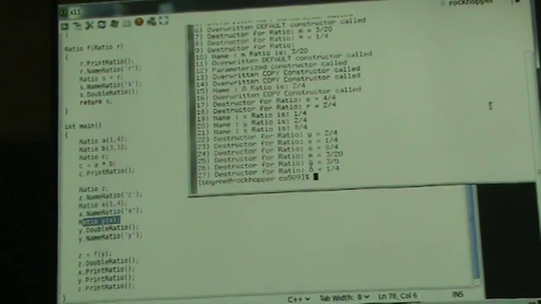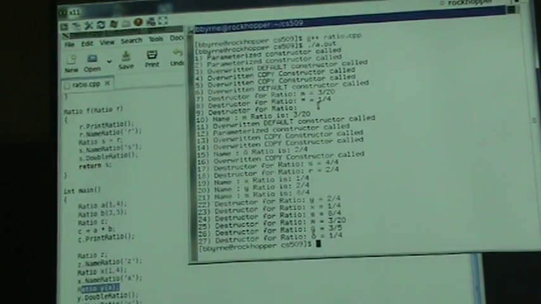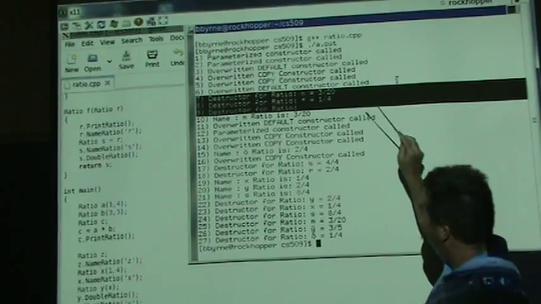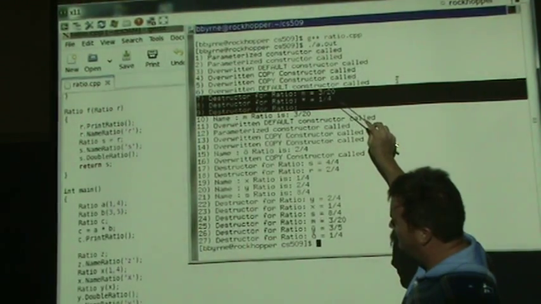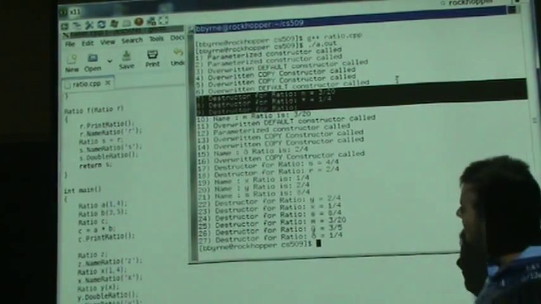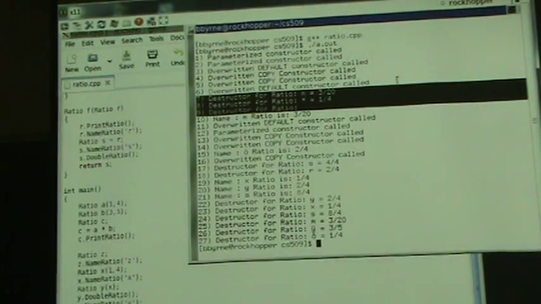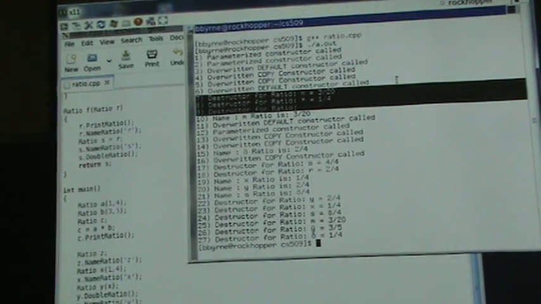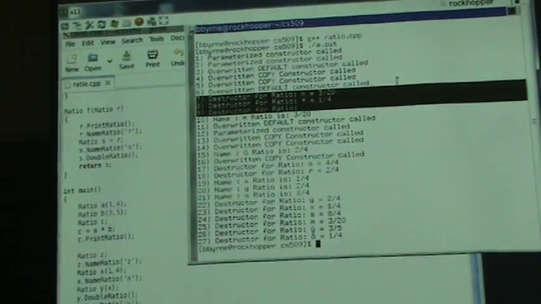Okay. So the only thing I can't explain is this section. This should have been 3/20ths, 3/5, and 1/4, if everything got destroyed in the reverse order that we had created. So, all right, we can let that be our homework assignment for next class. Try to figure out why that didn't happen. Okay, so, but yeah, the point